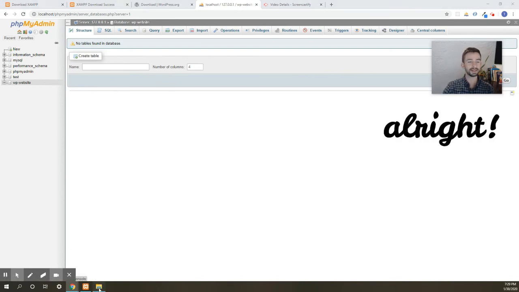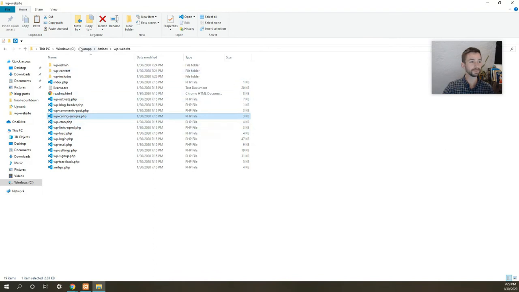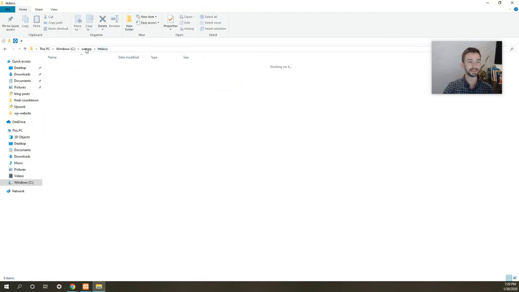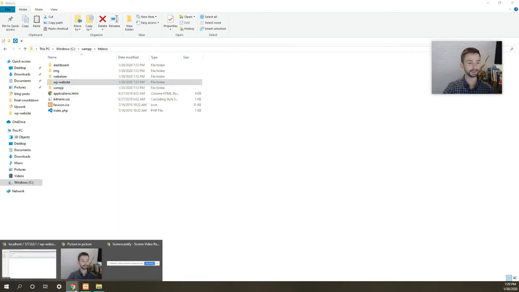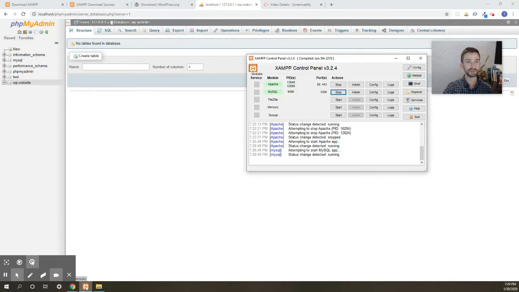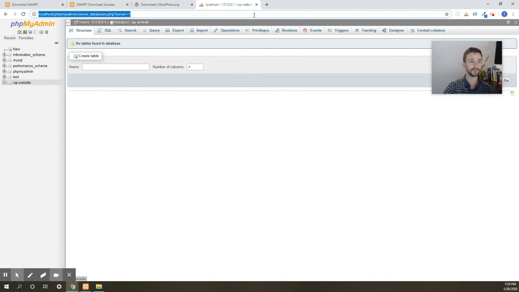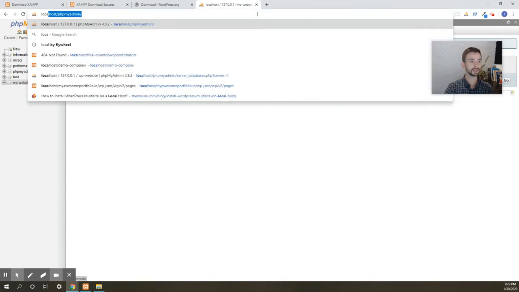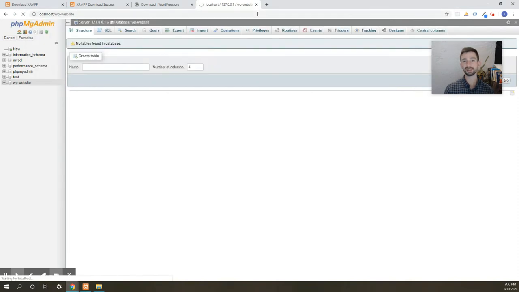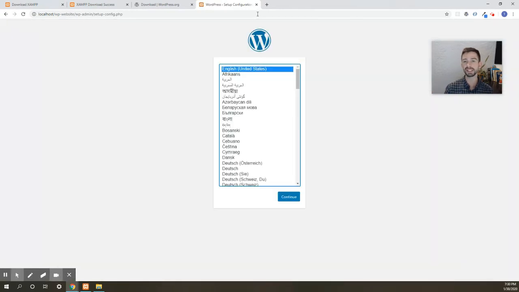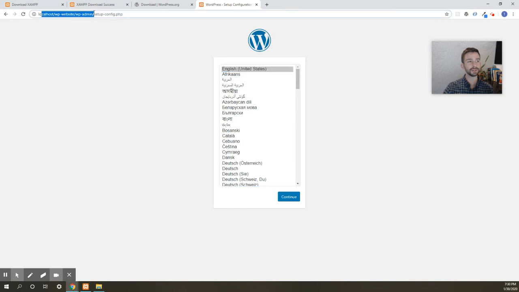That's it. All right. So now here we are in the htdocs in Xampp. And whatever we named this folder is going to be the address of our website locally. So you want to remember to have this running, Apache and MySQL. And I'll go to localhost WP website. And if we did everything correctly, we'll have WordPress and it will ask us for installation. So yes, here we go. So WP website,